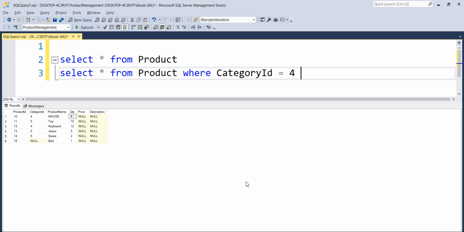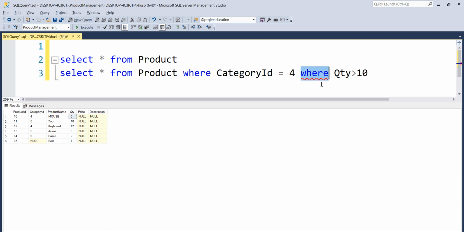What will happen if I write where category ID is equal to 4, where quantity is greater than 10? Is it going to accept this? No. If I scroll, it shows incorrect syntax near where. It is trying to say that we already used the where clause and I cannot use it multiple times in the same query.